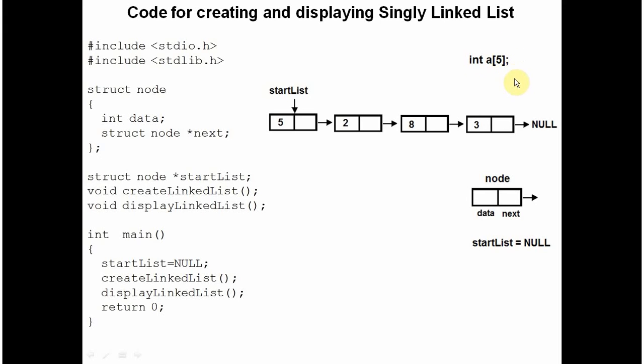Secondly, while programming, you feel that you need only 2 elements of the array. You again cannot free the 3 extra elements which have been booked, which you don't want. So the problem with static memory allocation is that once the memory is allocated, it can't be resized, it can't even be reduced. The linked list is the concept of dynamic memory allocation.